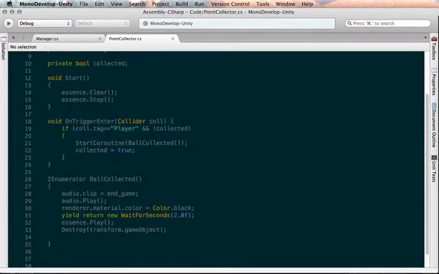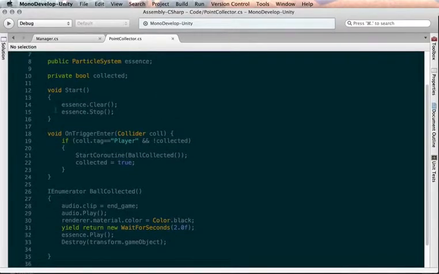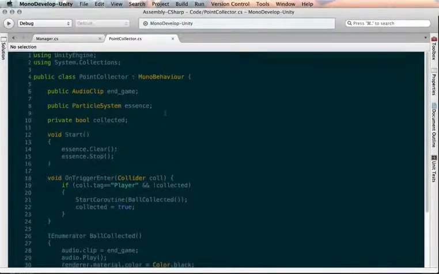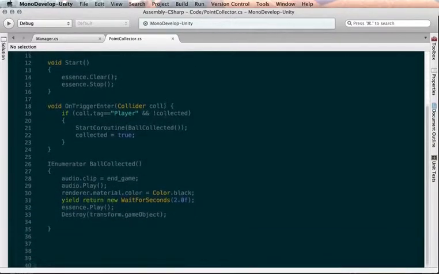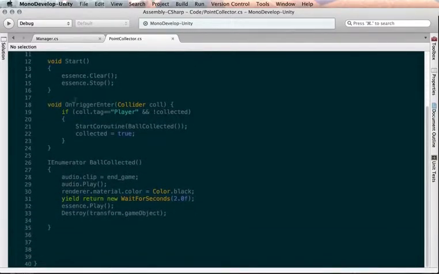In the beginning, we're going to be referencing the particle system, the essence, and we're going to tell the particle system to clear and to stop. So these are just functions within the particle system class. This is a specific function also within Unity. It's called onTriggerEnter, and it references a collider